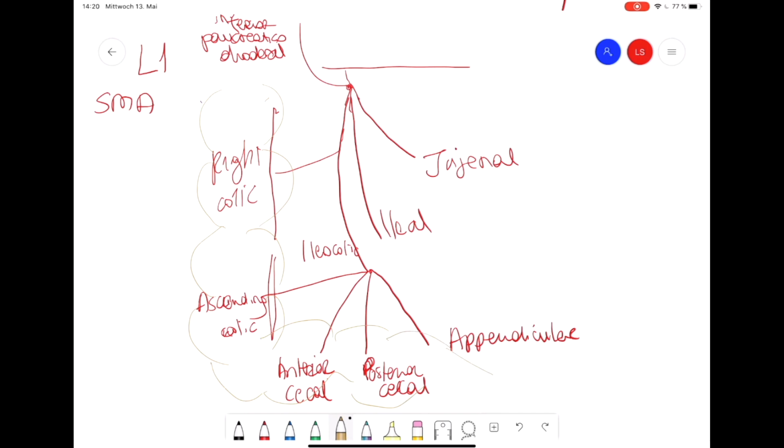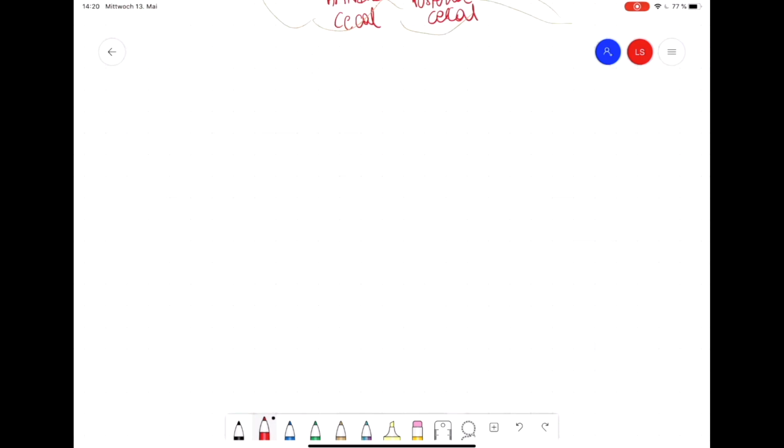Okay, and this would be the appendix here. And the transverse colon goes like this, provided by the middle colic. So this is regarding the superior mesenteric artery, and then we have one final one, which is the inferior mesenteric